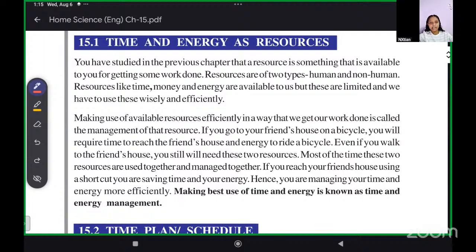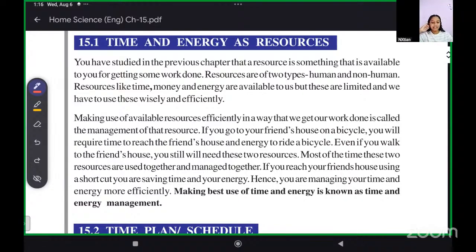Now, 15.1, time and energy as a resource. We studied in the previous chapter that a resource is something that is available to you for getting some work done. Something that we have, which is important to do something, which fulfills a need. That is a resource. Now, resources are of two types, human and non-human. Resources like time, money, and energy are available to us, but these are limited